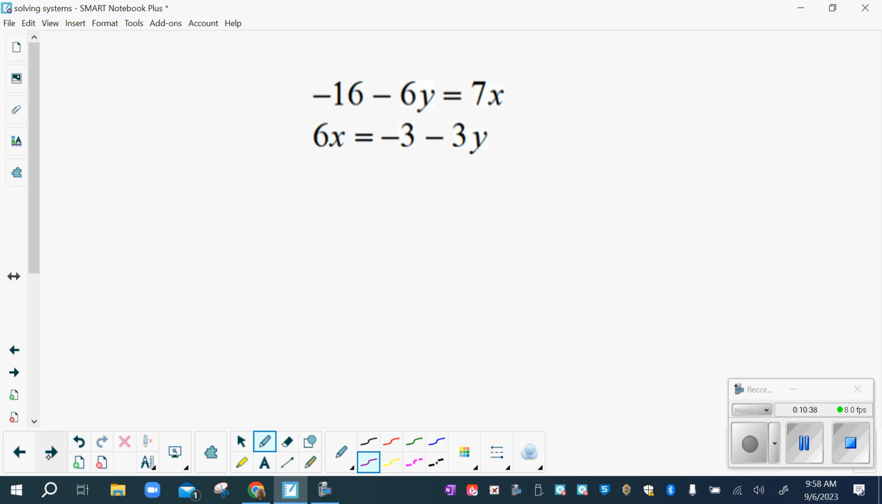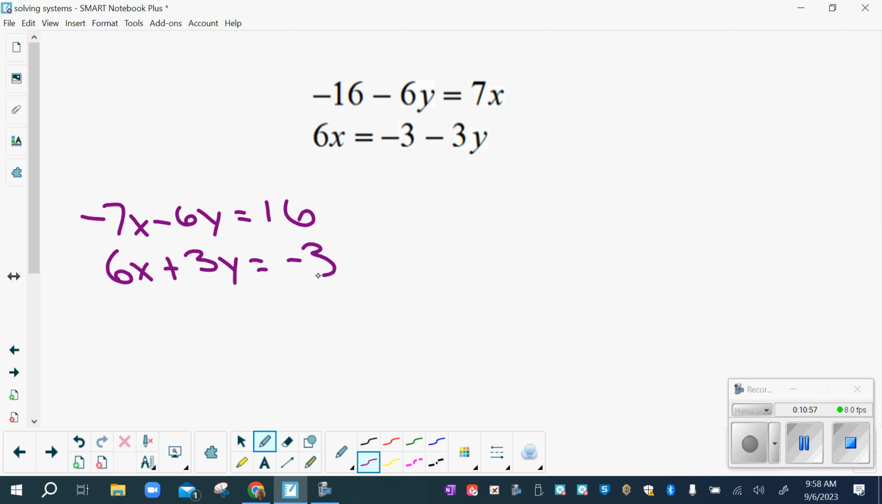Lots of ways. I'm going to show you both ways. I'll do it over here. I would do this: negative 7x minus 6y equals 16. I haven't done it yet. Ready yet? 6x plus y equals negative 3. For those of you who want to do the lining it up way, I did it that way. For my friends who want to do it this way,